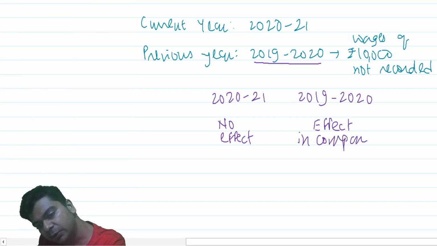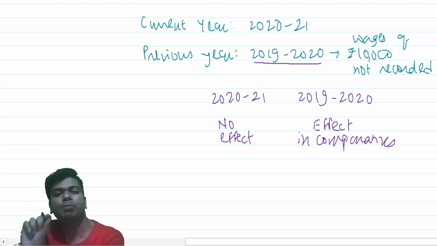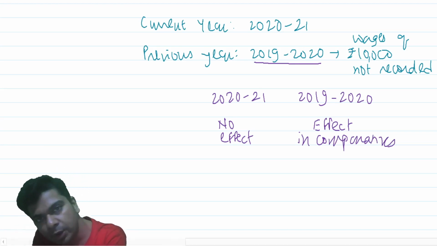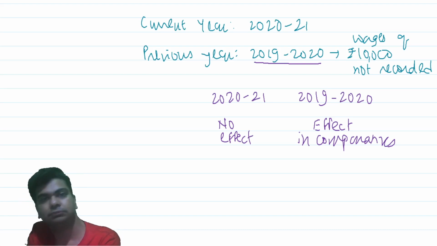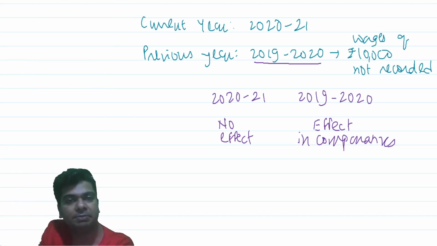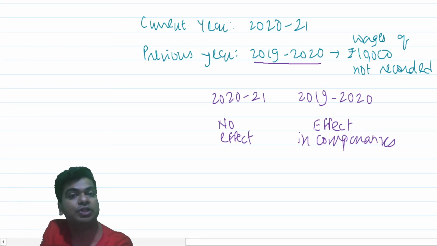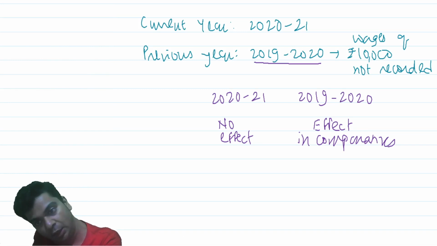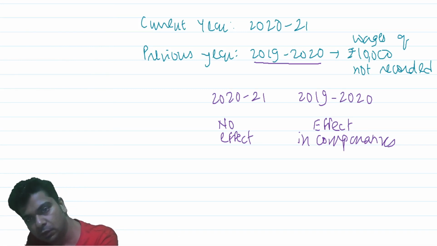Increase the comparative. When you prepare and present your P&L, you will write employee cost. One of the expenses will be employee cost. Just update the employee cost of the previous year by increasing the amount of wages by 10,000. As simple as that. Whenever you have committed a mistake and you realize that the mistake was committed in the year for which comparative information is provided, you should give the effect in the comparative information.